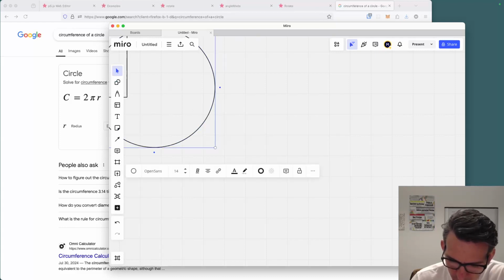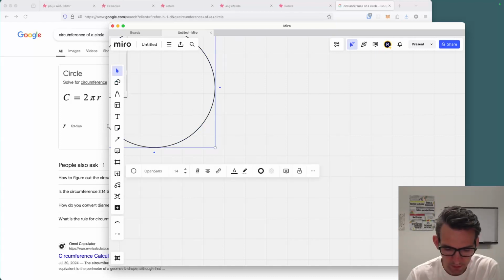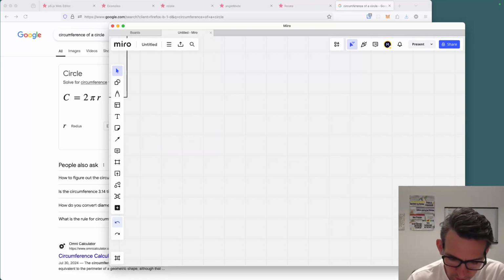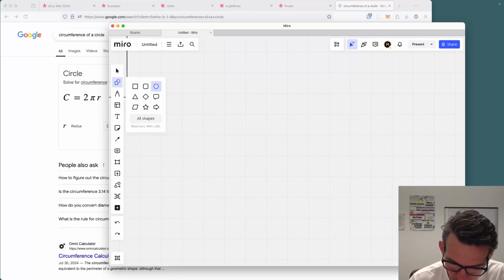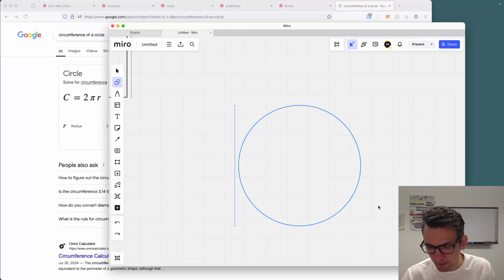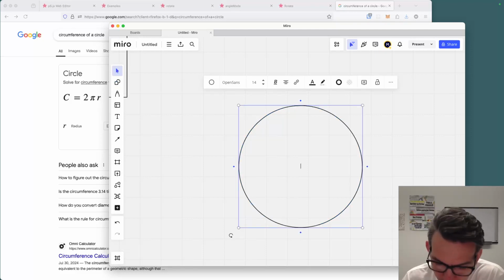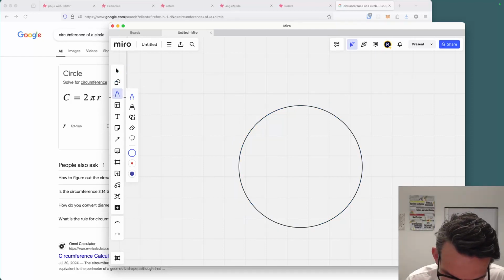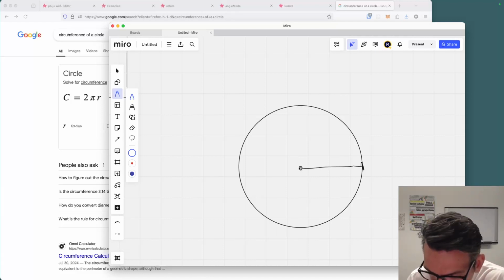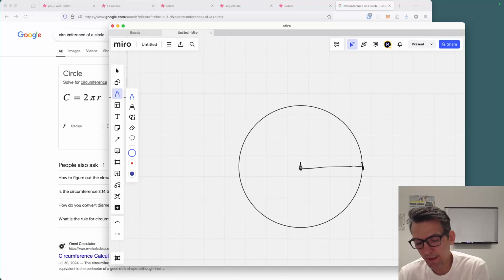So here's our, it was not a very good way of drawing a circle. Let's actually draw a circle, maybe right here. So here's our circle. We have a center in this circle somewhere here, and we have a radius. So if we take the length of this radius,